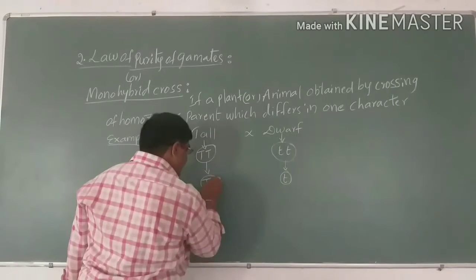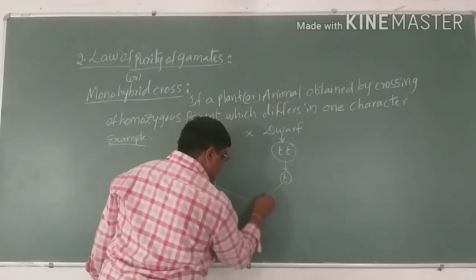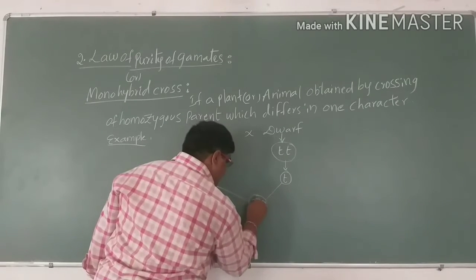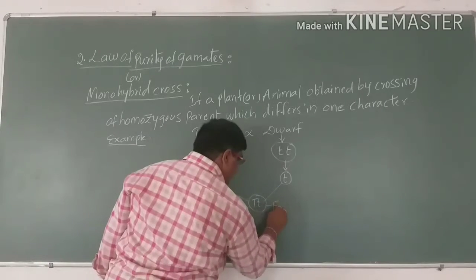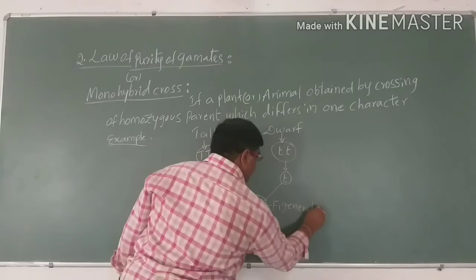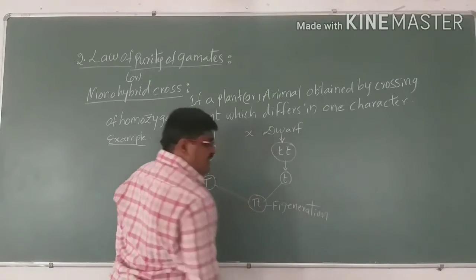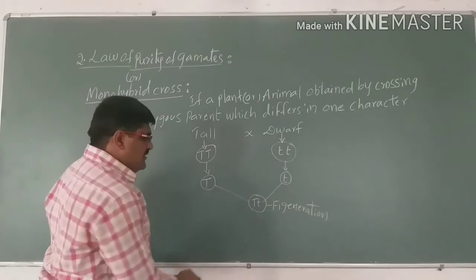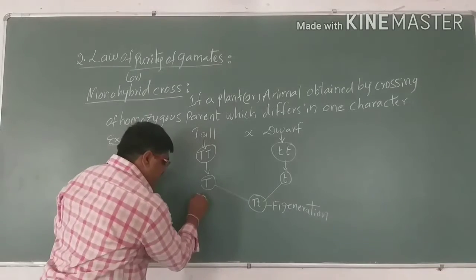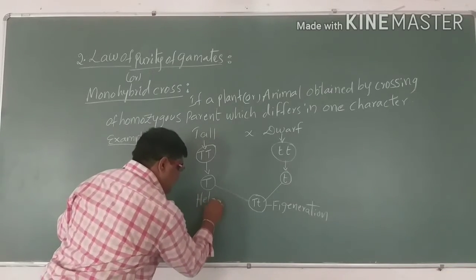When these combine in the F1 generation, we produce capital T, small t. The F1 generation produced is heterozygous